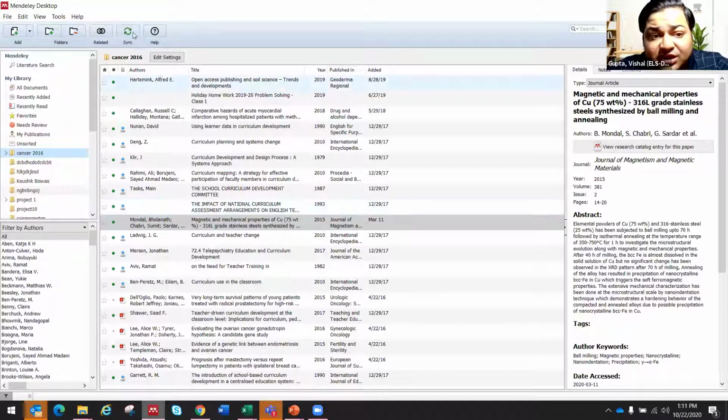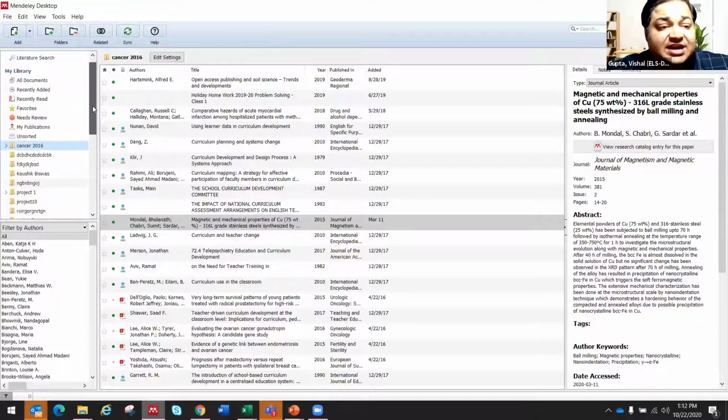Once you have added, you click on this sync button, and when you sync, these are synced to your cloud, and through the cloud you can also see it on your Mendeley web page, which is like a Google Drive now, right? So you have the web versions of your articles, and you can save them, download articles anytime from that particular Mendeley web page, even if you're not carrying your desktop, laptop, or system with you, right?